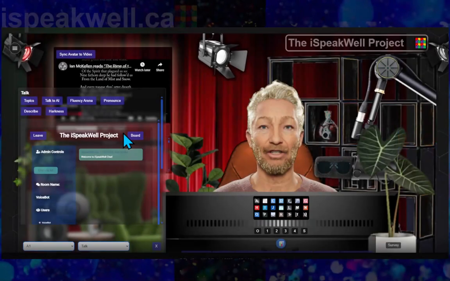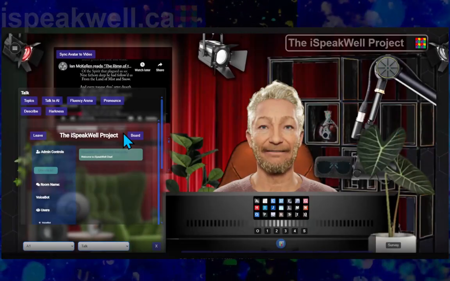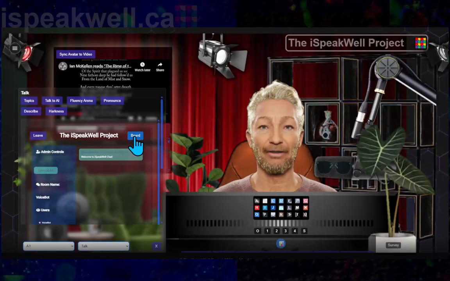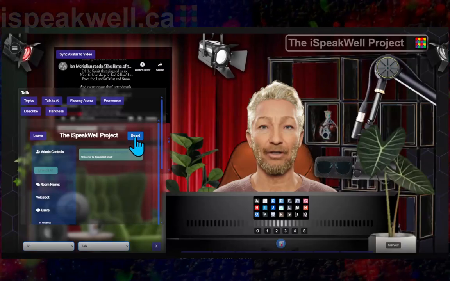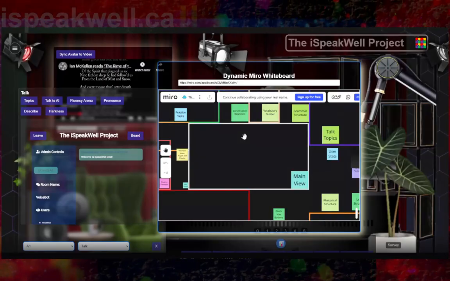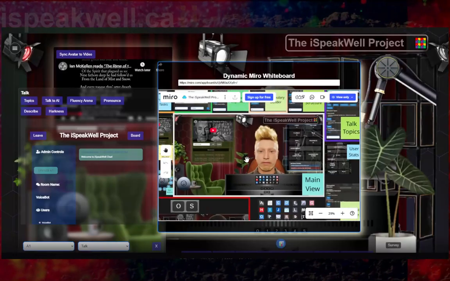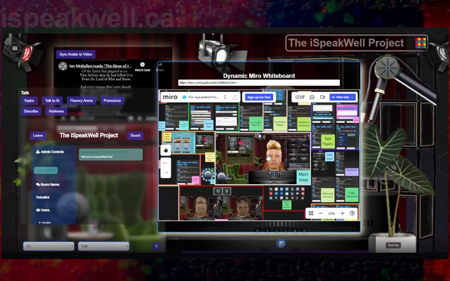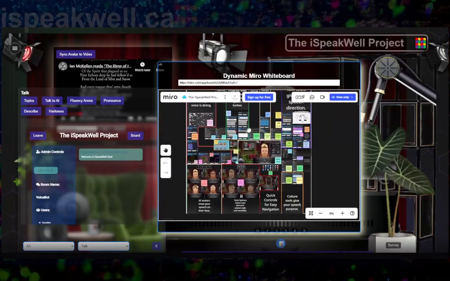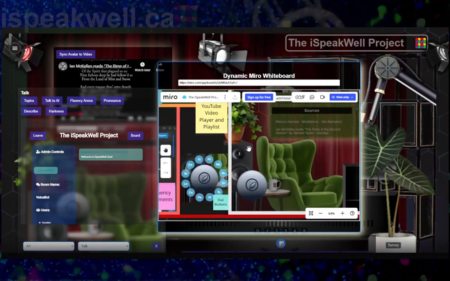So we're in the room, and one of the room tools that you can use as a learner is called the Miro board. It's under the board button right here. Now the Miro board will show you the... well, right now this is a description of the different controls that you can find here on the iSpeakWell